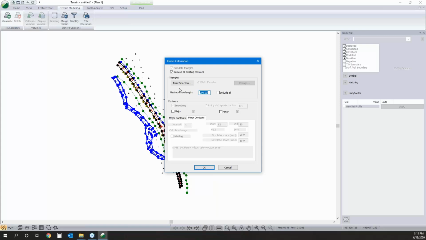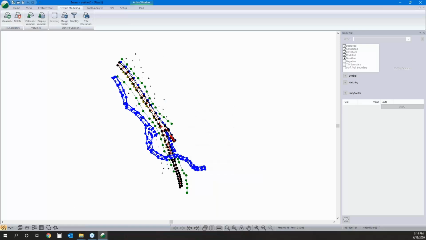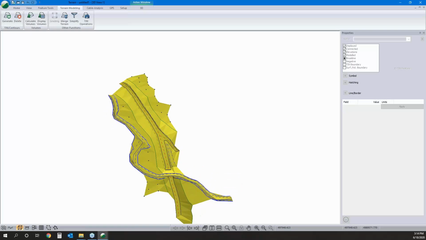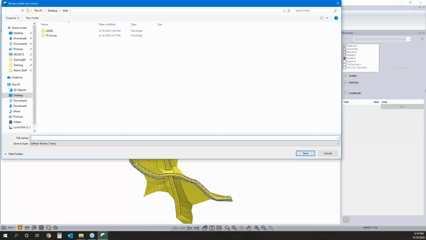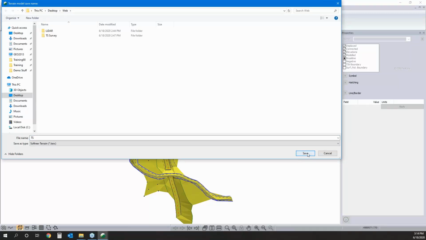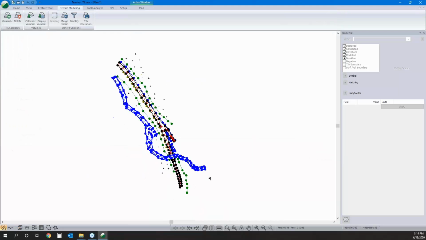Maximum side length, I don't want a whole bunch of interpolation going on with this. So I think maximum side length is 30 meters. So the maximum edge length on those triangle edges in my TIN goes out up to 30 meters. We'll hit OK. Check our survey, and that's looking pretty good. So now I'm going to save this. I'll just call it TS for TS survey. And before we go to that other,